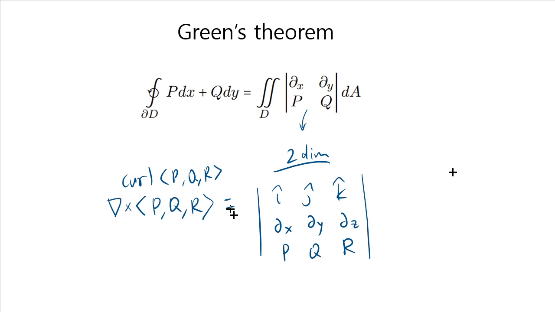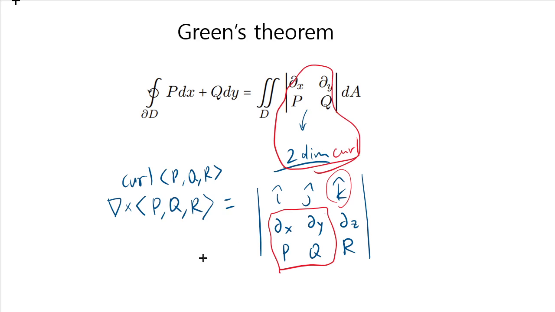And if you look at it, we see that this portion right here, which is the component for K, is exactly what we're writing. So you can think of this as a two-dimensional curl. Okay. So if you learn Green's theorem this way, then once you get to Stokes' theorem, it will be much more natural when you try to understand it, because all this is really saying